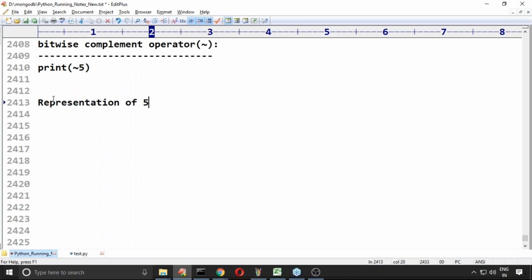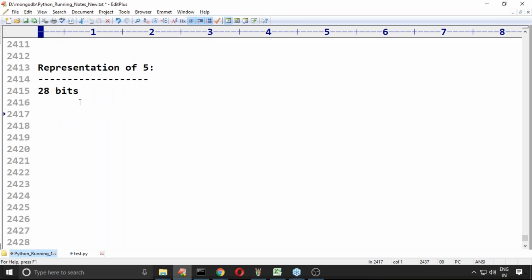Representation of 5 in the memory. Okay, how to represent 5 in the memory, sir? Very simple. What we have to do is, just observe that 5 here, total how many bits? Please respond. 28 bits. Correct, right? Of course, in Python it is the Python specific terminology, don't worry. In Java, if it is the int value, 4 bytes, which means 32 bits, but here 28 bits only.